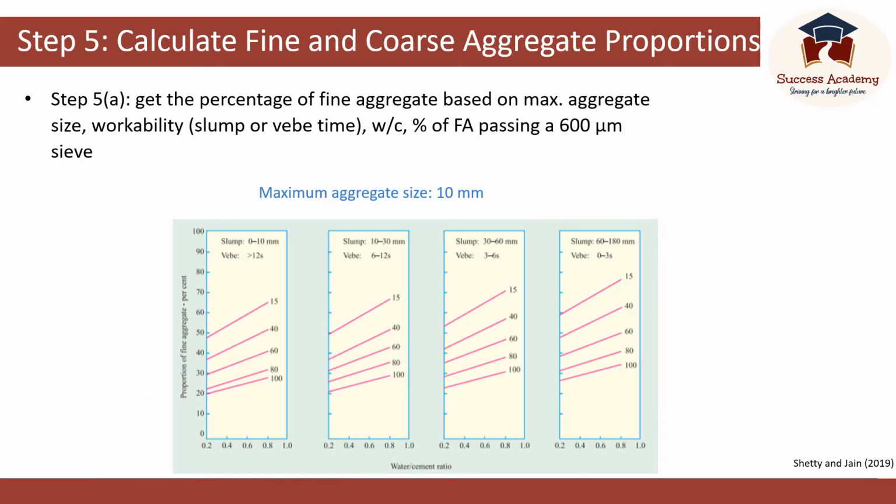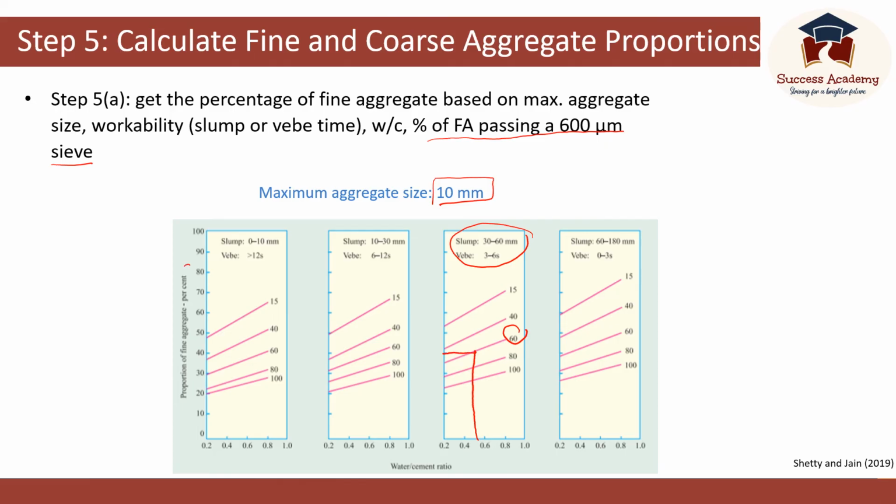Next step is to calculate fine and coarse aggregate proportions. For doing that, we have to use another set of graphs depending on the maximum size of aggregates. In our case, we use 10 millimeters as our maximum size. We also need to know the slump. In our example, we took it as 30 to 60 millimeters, and also we need to know the percentage of fine aggregate passing 600 micrometers sieve. For example, let's take it as 60%. We know the water to cement ratio, which is 0.52 in our example, so that is somewhere here, and we can find out